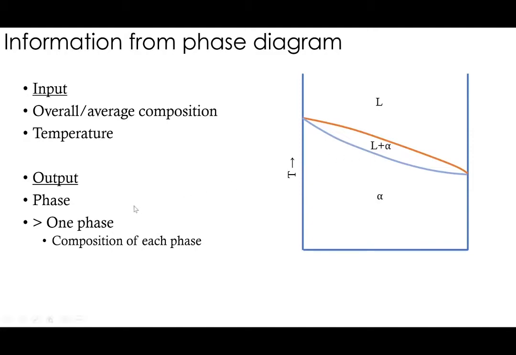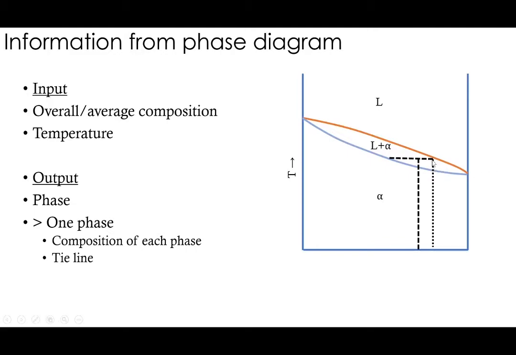Now first we will see how to get the composition of each phase. Let us again go for the overall composition, a line like this, and for the temperature we'll go for a slightly different line. So this is the temperature at which we are going to find the composition of phases. The line here is called a tie line. This is drawn inside a two-phase field. Please remember that. It will be a blunder to draw a tie line in a single phase field. So a tie line is drawn inside a two-phase region.